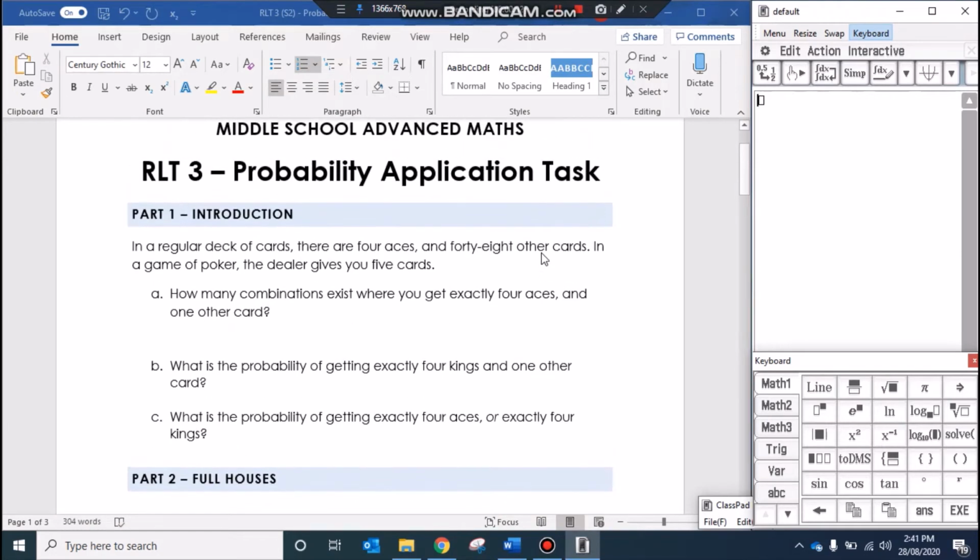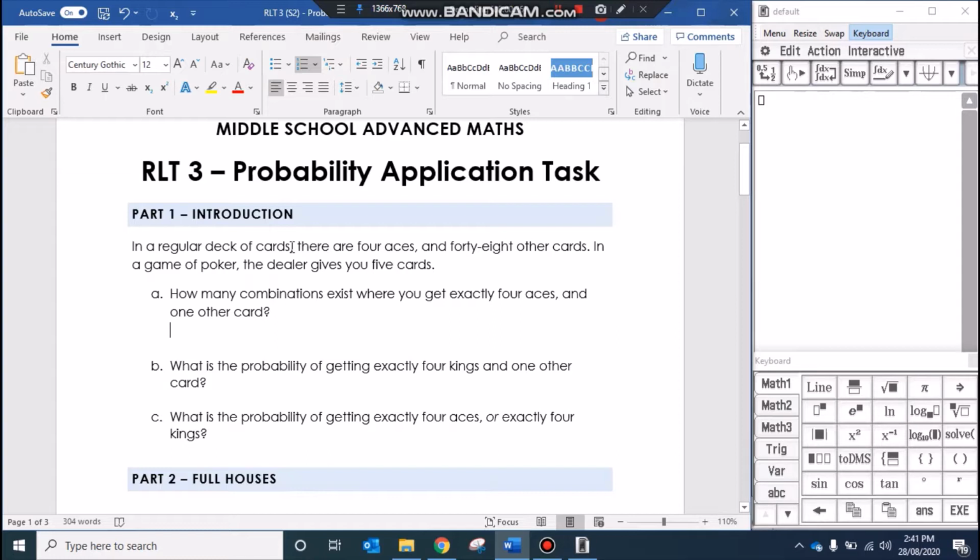So we're going to quickly go through the answers to the probability application task from RLT3. I think these will be really beneficial for the CAT, as the sort of problem solving and the mathematics you're doing is quite similar. So question 1A, you have a regular deck of cards, which in a regular deck of